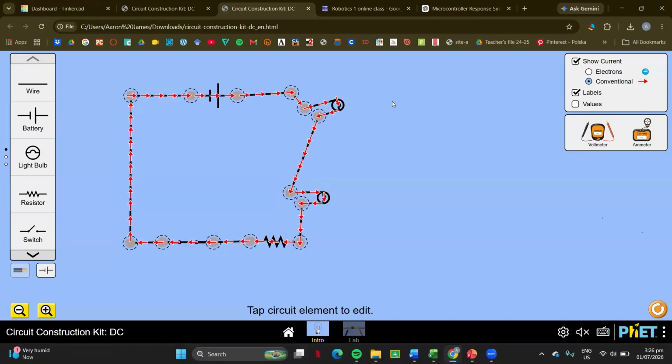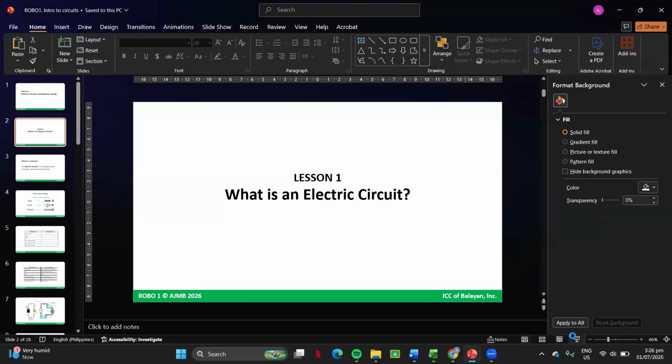Okay, so using conventional flow, or conventional direction of current, what you can see is that my cycle goes from the positive terminal of the battery, like this, passes through my light bulbs, through my resistors, and then goes back to the negative terminal of the battery, and so on and so forth. So that goes my cycle. That one is going to be useful later on. Okay, I'll start my discussion again.